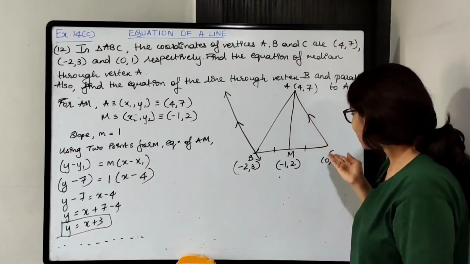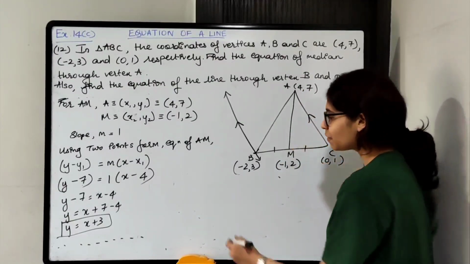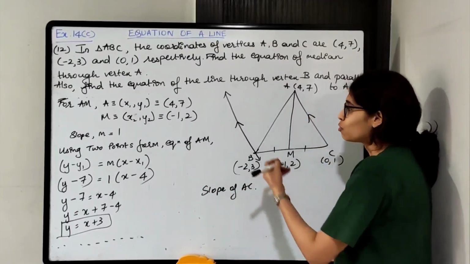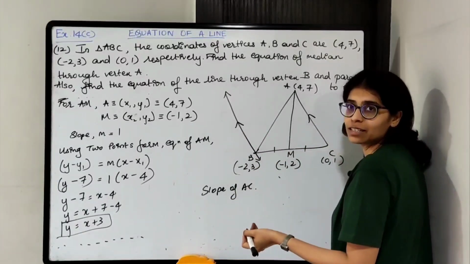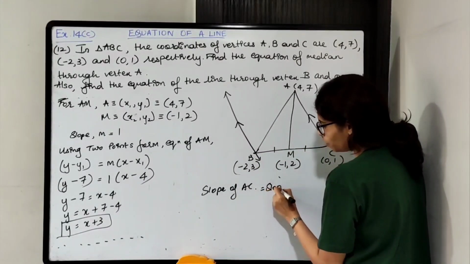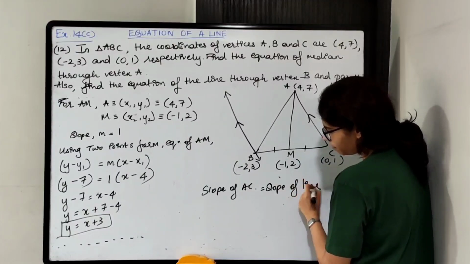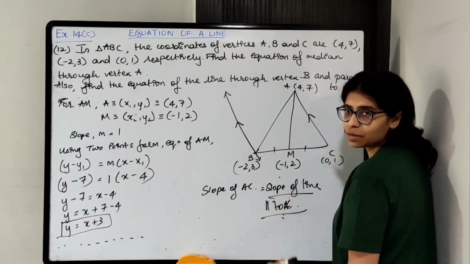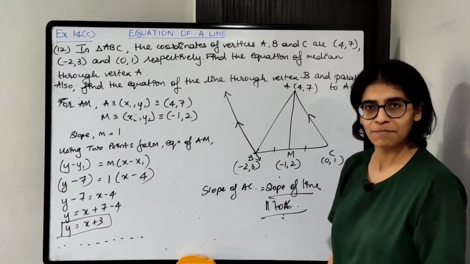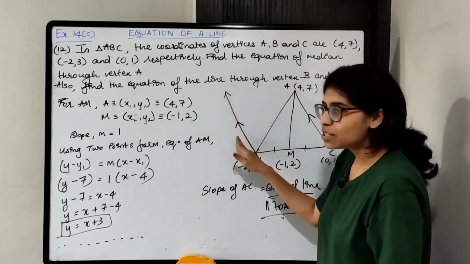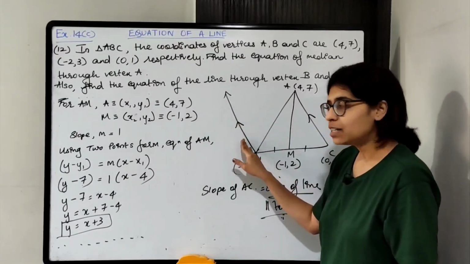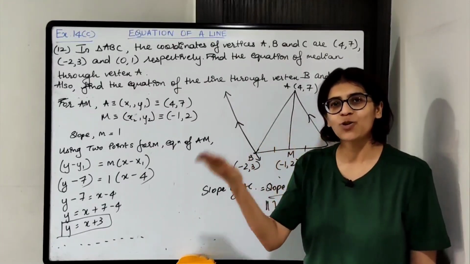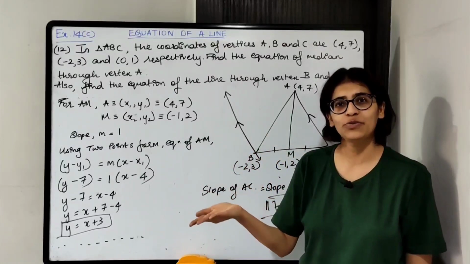Because I know coordinates of A, I know coordinates of C, I can easily find out slope of AC. So slope of the line parallel to AC, उसका भी slope same ही होगा. So it will be equal to the slope of line parallel to AC. So slope of line parallel to AC easily मिल जाएगा by finding slope of AC. Now once you get the slope, you know the slope of the line, you know 1 point का coordinates, which formula? Point slope form. Okay, point slope form use करेंगे.